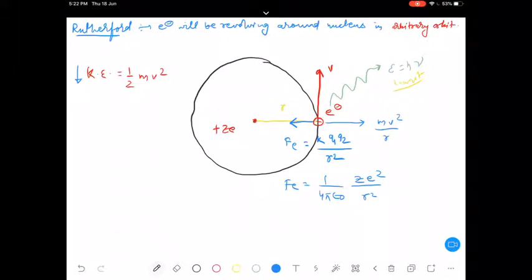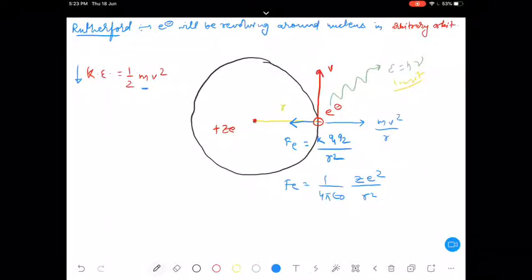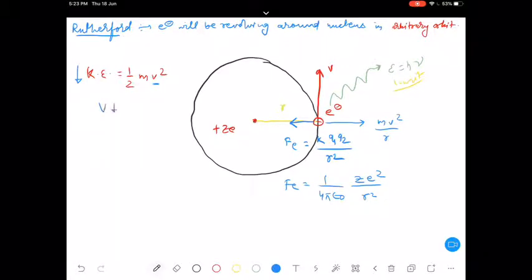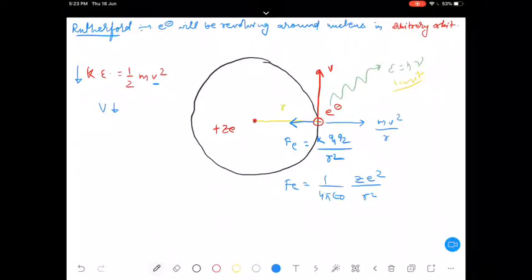Now if its kinetic energy decreases, will its mass decrease? Mass is constant. Mass will not decrease. Mass cannot change in this particular process. Mass can change when we are talking about mass-energy conservation, but that kind of phenomenon won't take place here, right? So mass is not changing. So what other quantity is present which can change? That is velocity, correct? So if kinetic energy is decreasing, its velocity will decrease.